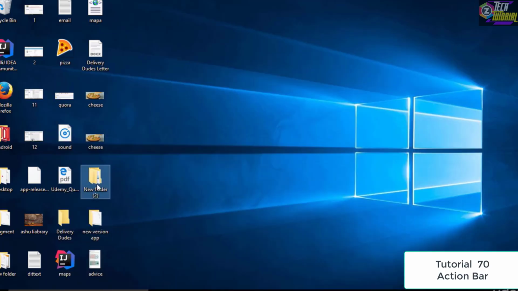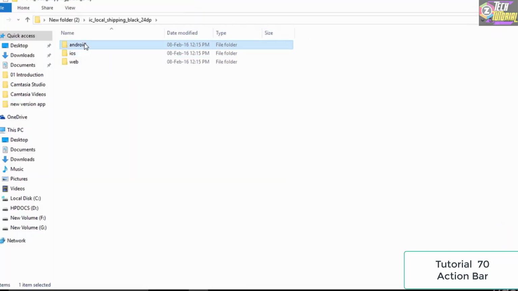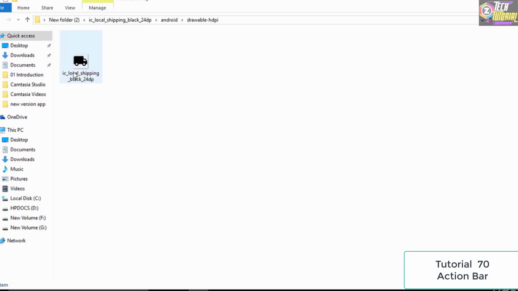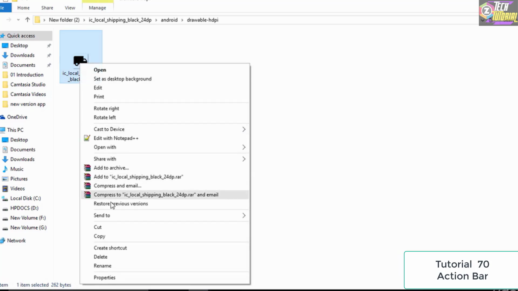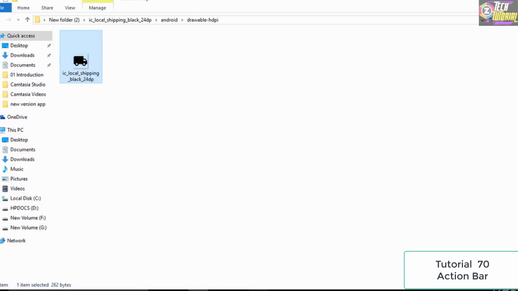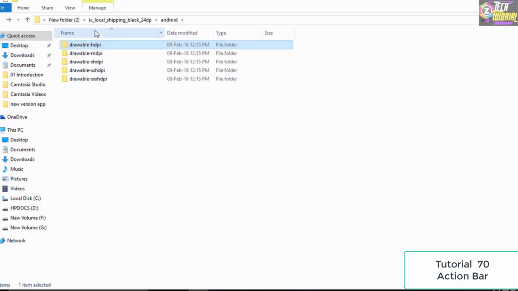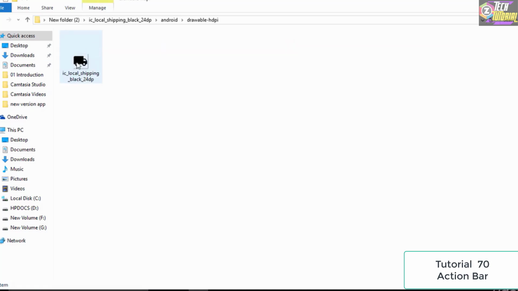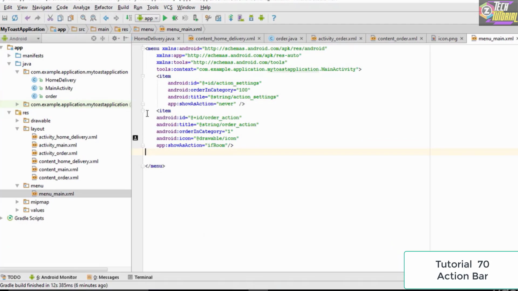So once you minimize this and go to the new folder, as you could see, this thing right here is our icon. So if we open it up, as you could see, we have our icon over here. Now the only thing which we need to do is that we copy this single thing to the drawable folder. And also I would like to mention that this is not the correct way of doing it. Actually, we need to copy the entire folders which are present in this folder, and we actually need to use separate images for each of the screen resolution. But for the sake of simplicity, we are just going to copy a single icon,